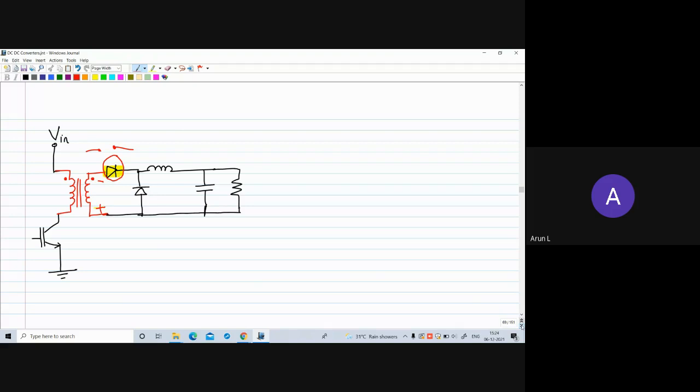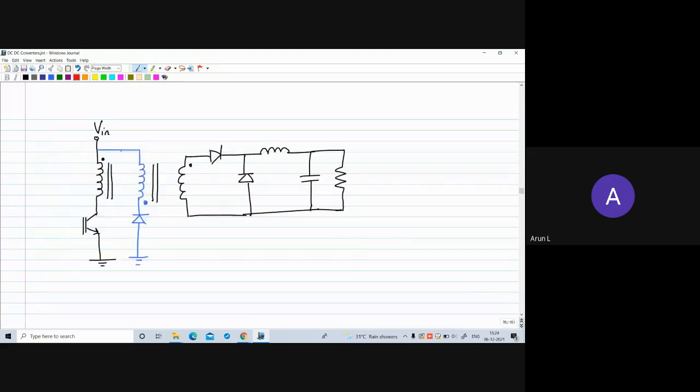So in order to reset the flux in the core, we have to introduce one more winding. In the core, where we have counted the primary and secondary windings, one more winding and a diode is introduced. Now let us analyze the operation. Initially, when the switch is closed, you have current flowing through the primary winding and energy is stored in the core, and at the same time there is no current flow through this tertiary winding. This is a reset winding. Because of the presence of this diode, we cannot have a current flow through this path initially.